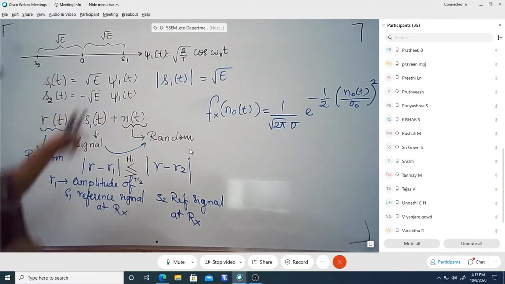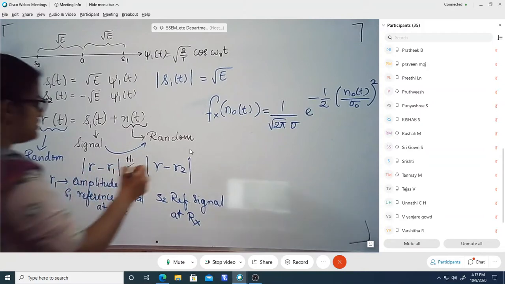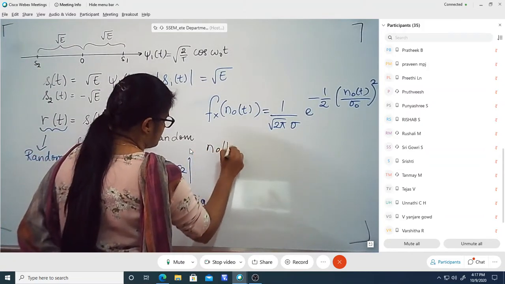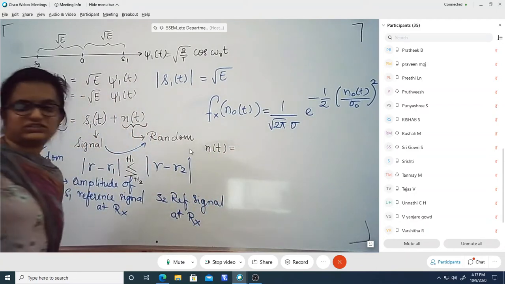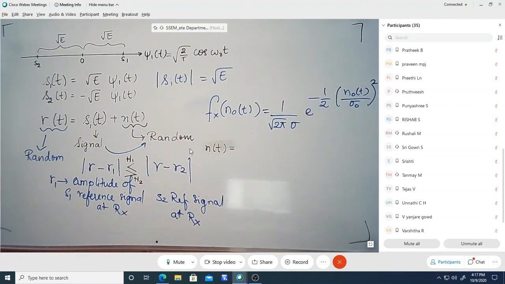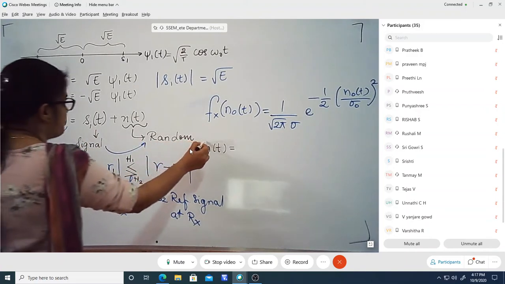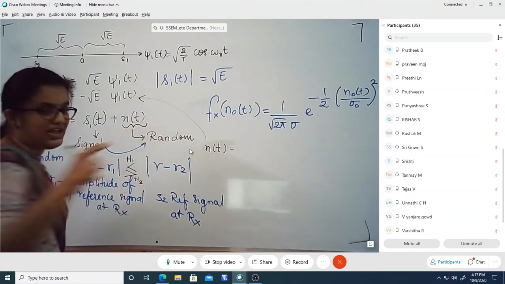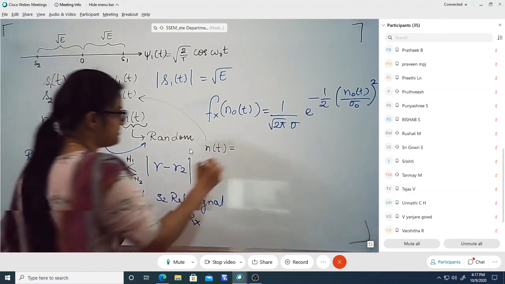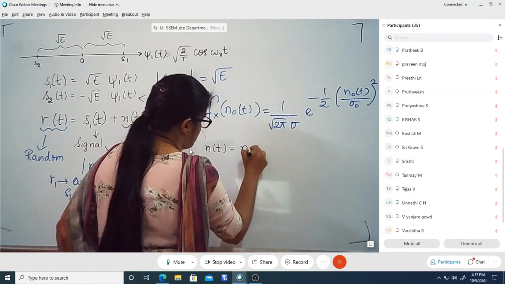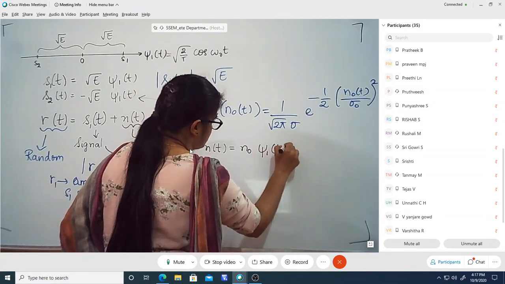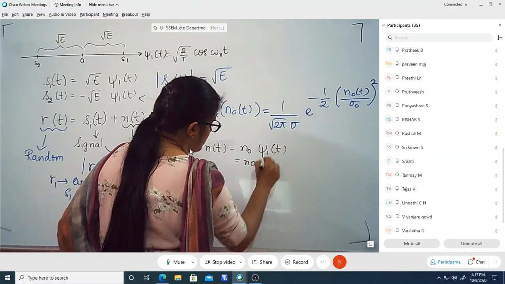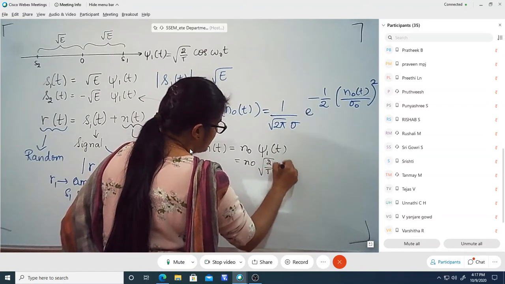So this is our signal. As you know, the random noise signal n of t, which varies with respect to time, since it is AWGN noise, will always have an impact on the transmitted information at the same frequency. This means I can write n of t as n0 into xi1 of t, which is n0 into under the root 2 by T cos omega naught t.